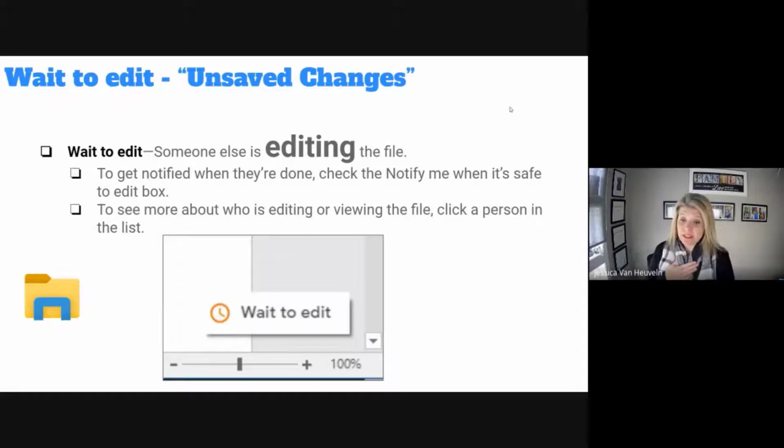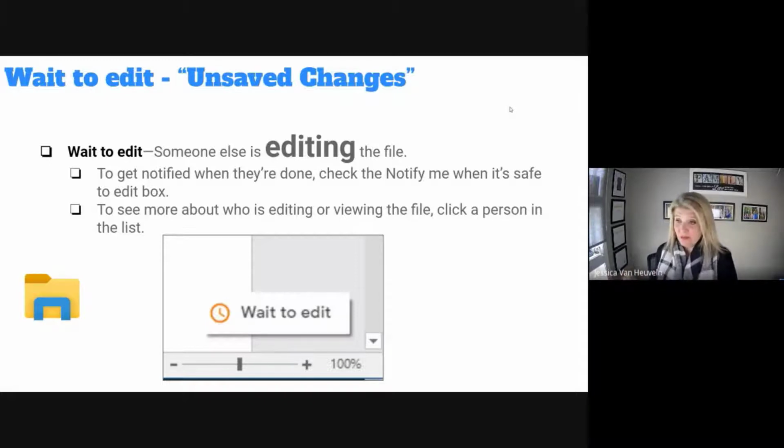Jolene double clicks the agenda. She will get the following message: wait to edit. What does that mean? Jolene gets wait to edit. Someone else is editing the file. Who is editing the file? I am. And the beauty is it will actually tell you that I'm in it. So what should we do next? I am done with the agenda. I should probably save it and close it. Jolene, in this case, should wait patiently until she gets Save to Edit, meaning that I'm